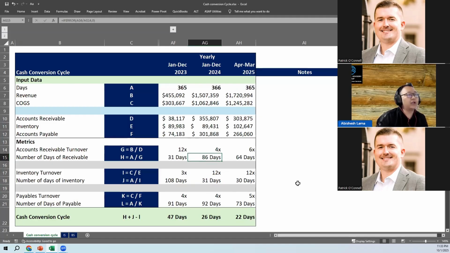However, one thing which we can see here is although they have made sales, the revenue has increased by 1 million in 2024, but what this has done is the accounts receivable balance has gone up. So meaning it is taking them more time to collect from their